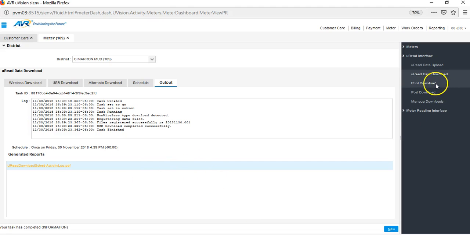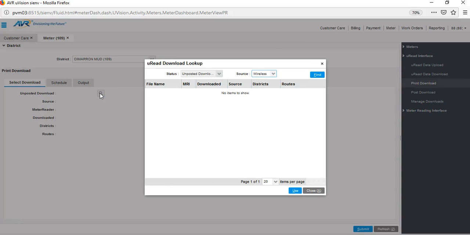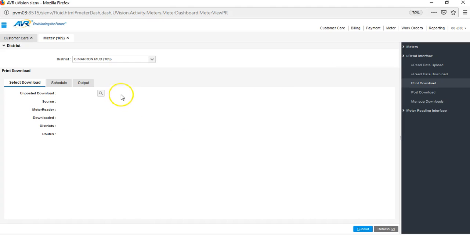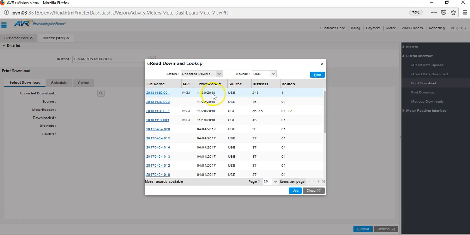Alright, so the next thing to do is actually to print your download file. In order for us to view and edit the file that we just downloaded, we click on the little lookup, the uRead download lookup, select our USB file, click on find. You'll notice this is the most recent one that I created that has one route for 245. Click on this